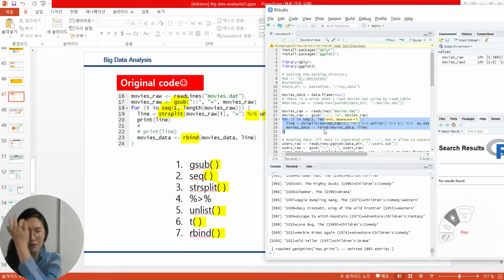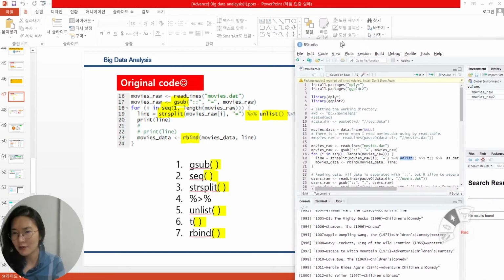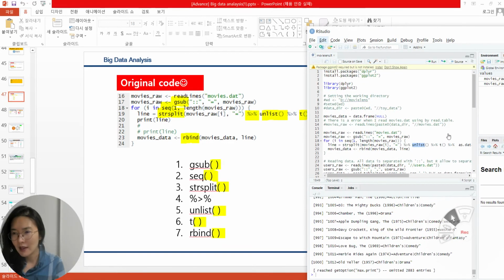All right. So what are the functions' names? First, seq, and second is str split. Third one is a list. All right. And then the transpose function T, and the last one is rbind. When you see the function's name, can you imagine the role of each function? For example,